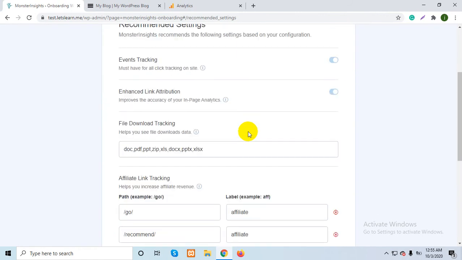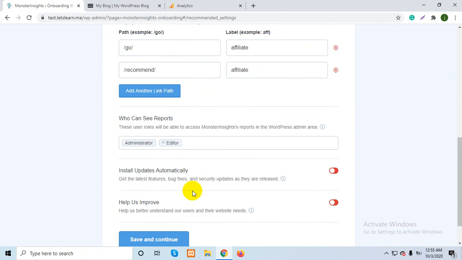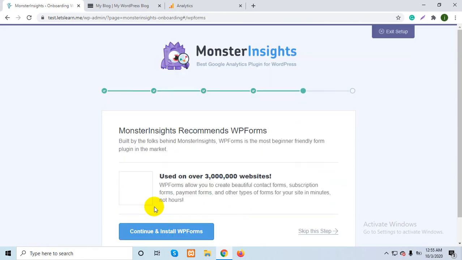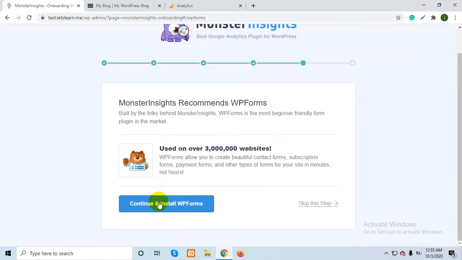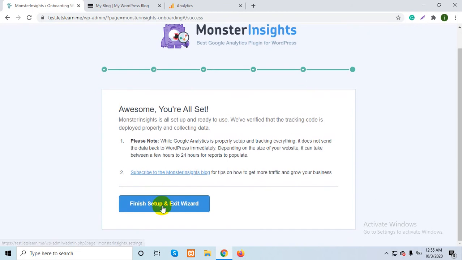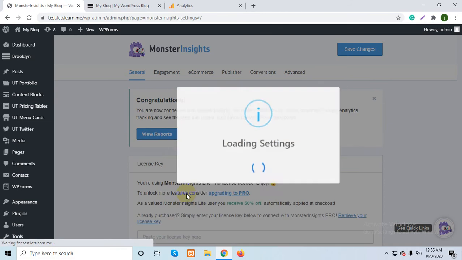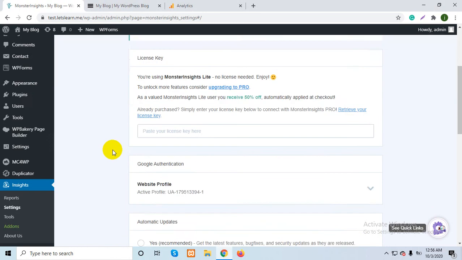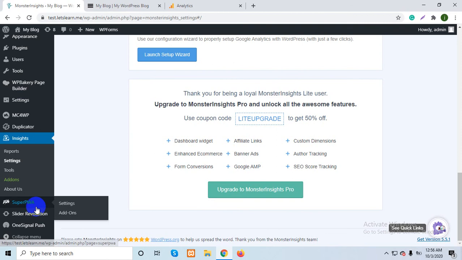Yeah, and now we have to click on save and continue. Save and continue. Continue and install this setup. Okay, now just save changes. We are about to finish. We connected our website with the MonsterInsights plugin,